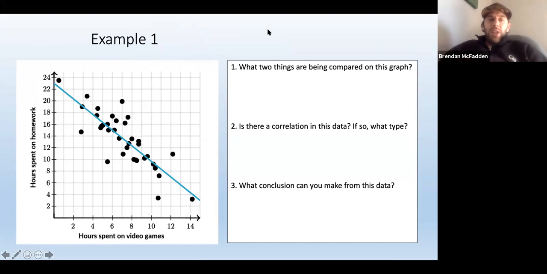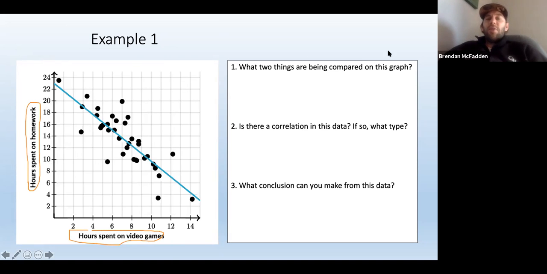So first thing is, if we look at this, what two things are being compared on the graph? And if I think about that, I always want to look at my axes. Those will tell us what two things are going to be compared, and that will help us out for that. So if you fill in number one, again, you can just click right on it and you can write it in. The two things that are clearly being compared here are hours spent on homework and hours spent on video